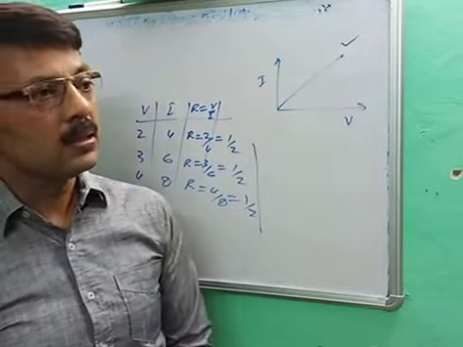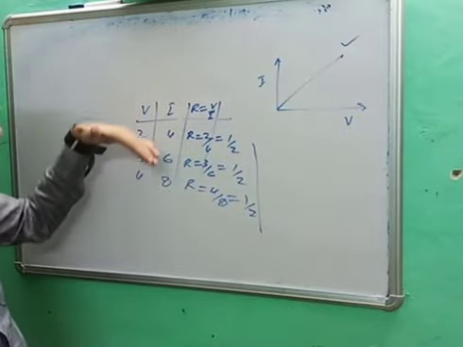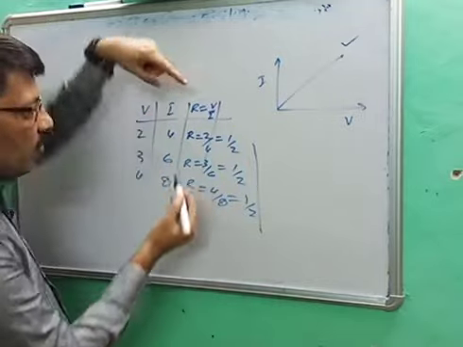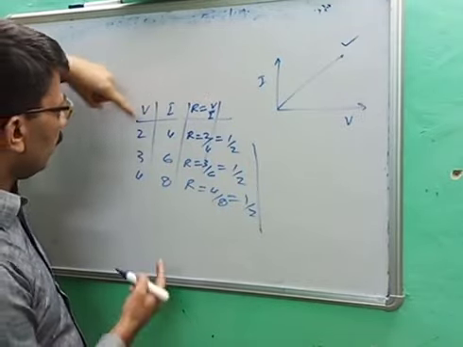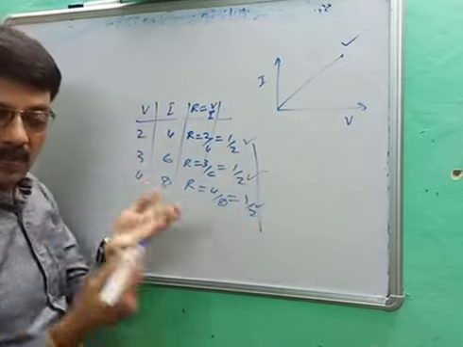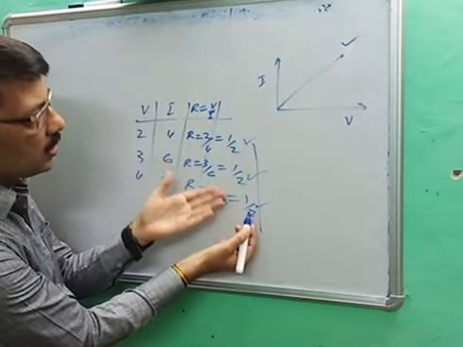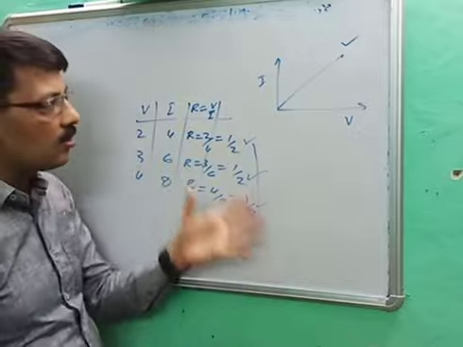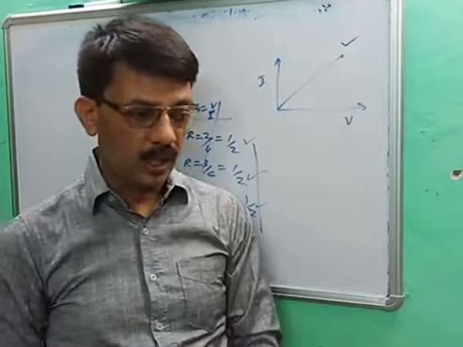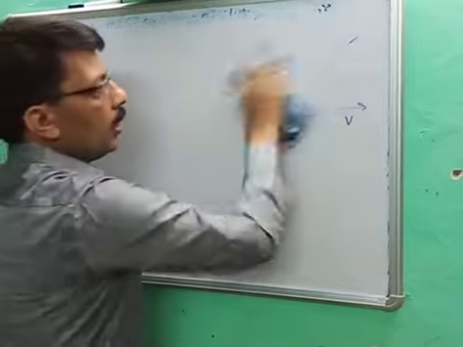So if a question is asked, how can you verify Ohm's law? For different V, you will get different I, as I told previously, by sliding the rheostat. And if you find the ratio of resistance, R is equal to V upon I, V is 2, I is 4, and you will get 1 by 2. If you are getting any constant value, like 1 by 3, or 4, 4, 4, and the graph starts from the origin, this verifies Ohm's law.